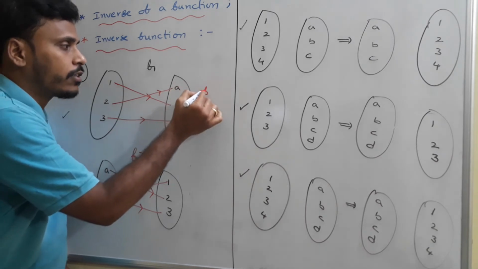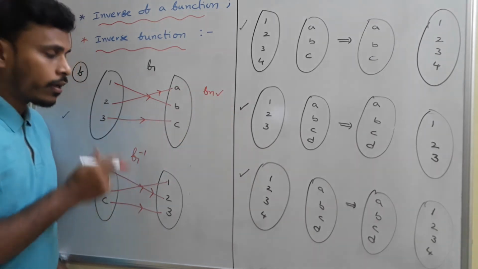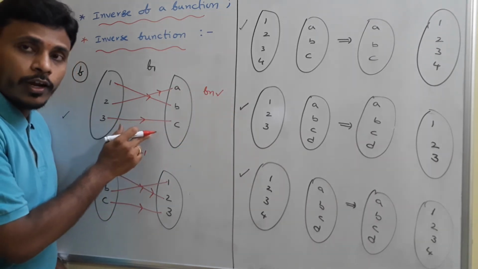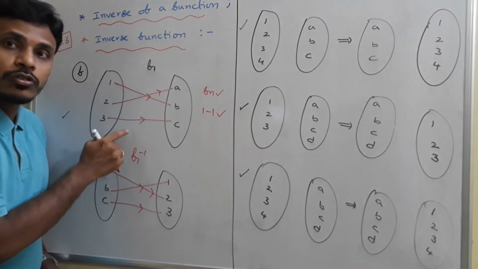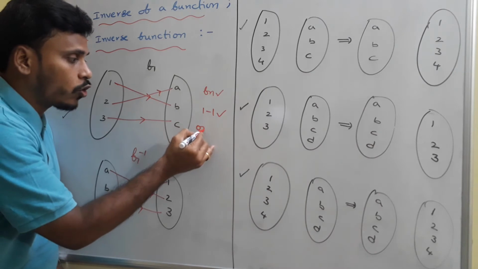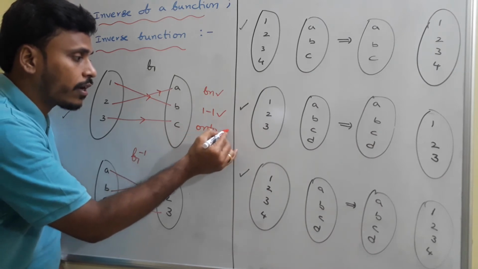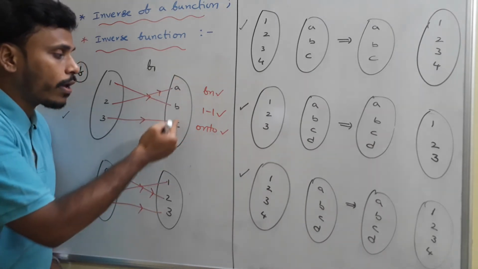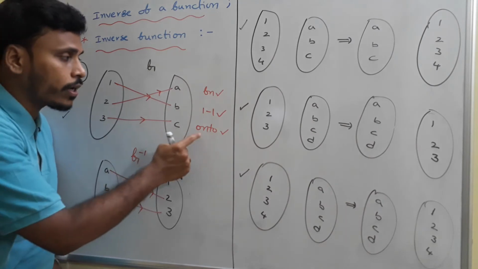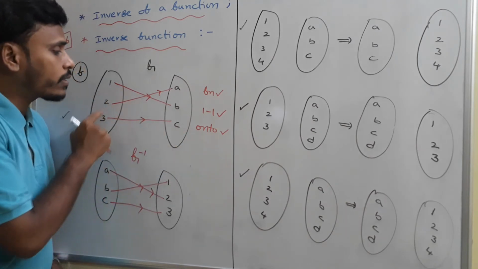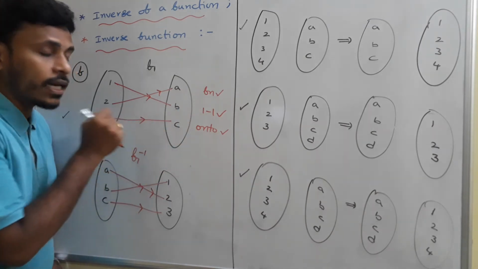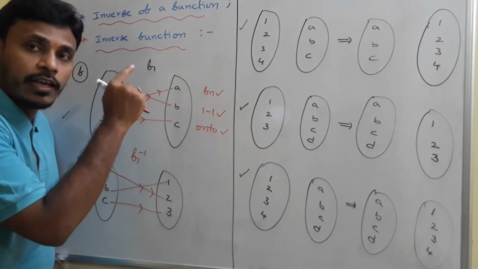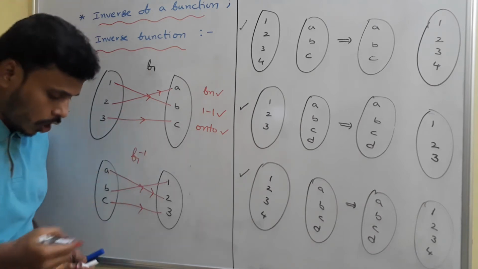So what to say about different properties of f1? This f1 is a function. Is this f1 one-one or not? This f1 is a one-one function. Whether it is onto or not? This f1 is clearly onto, because no element in the second set is empty, and that's why it is onto. Different elements are connected to different images, so this is one-one. So basically this f1 is a function, one-one, and onto.